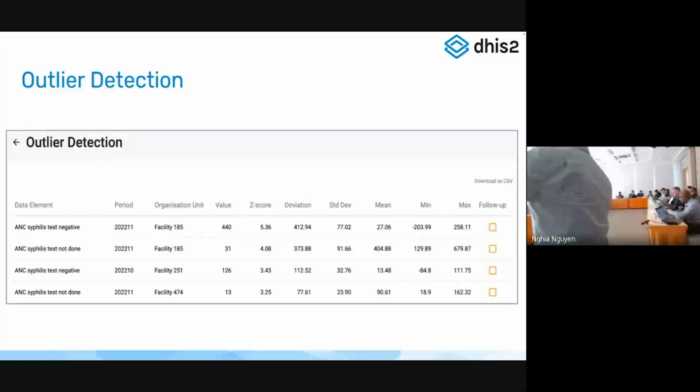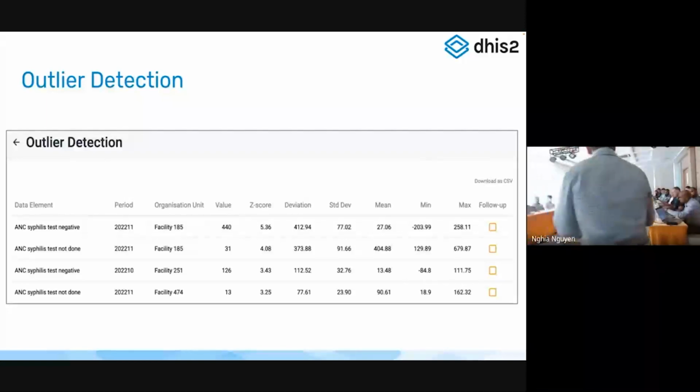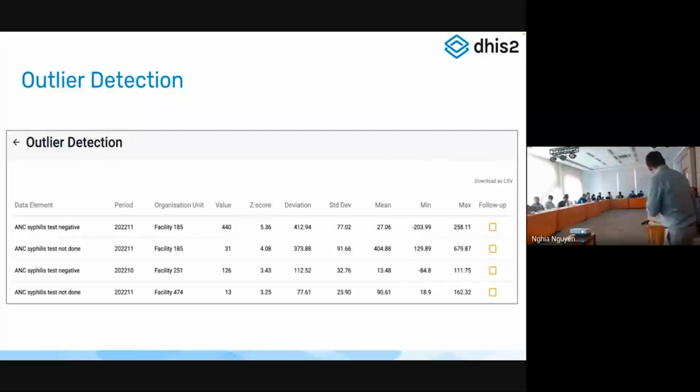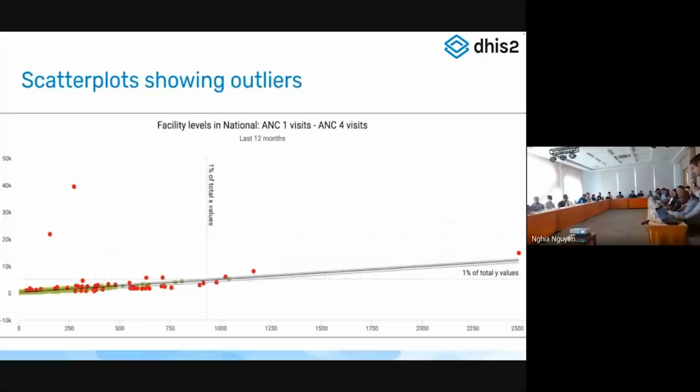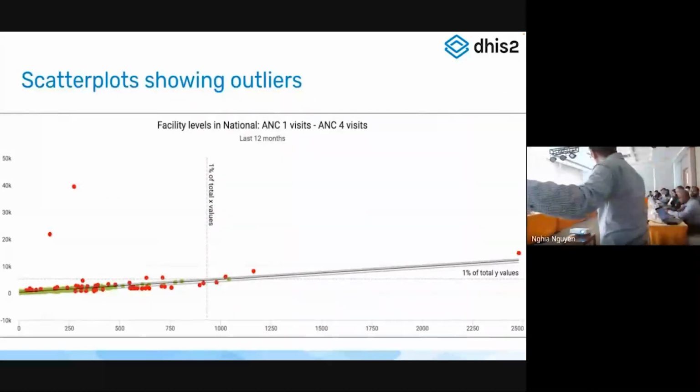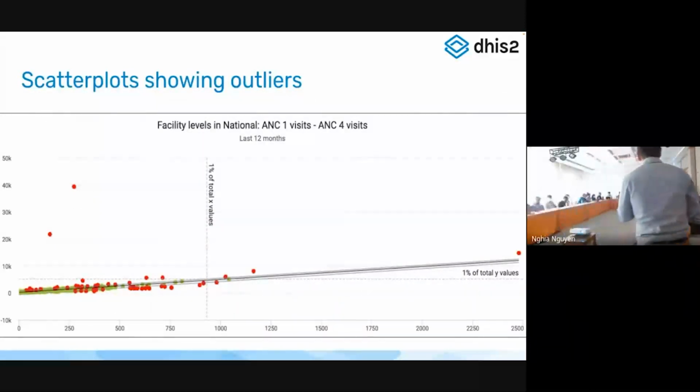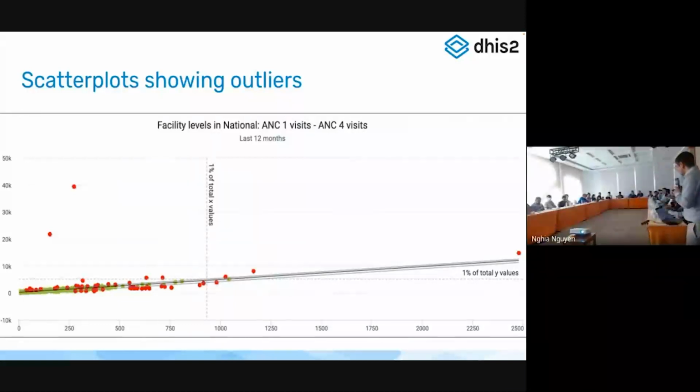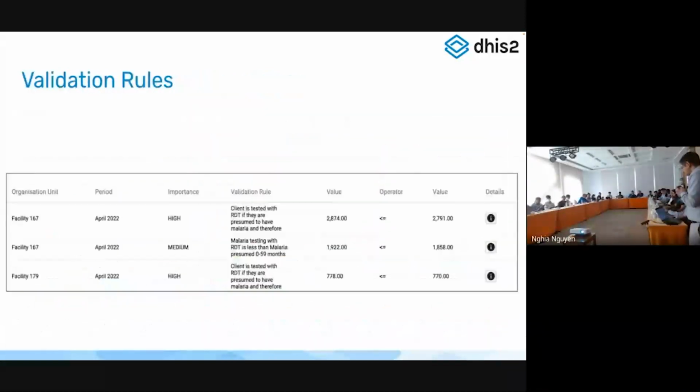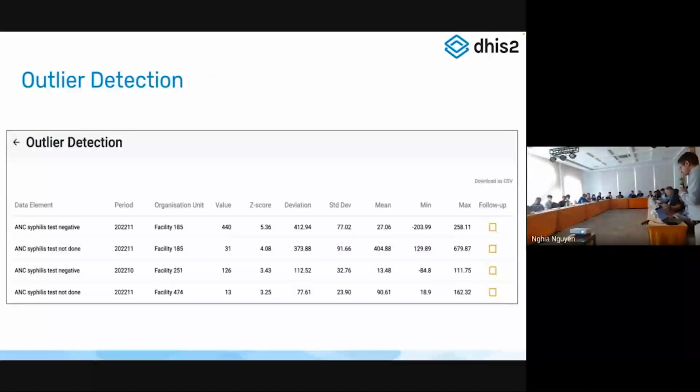DHIS2 also has quite a fair amount of outlier detection suites, and these are built on a couple of different methods. The first was the scatter plot. There is one method to use to detect outliers. We don't have to get into the statistics right now, but we also support this here as well, where we